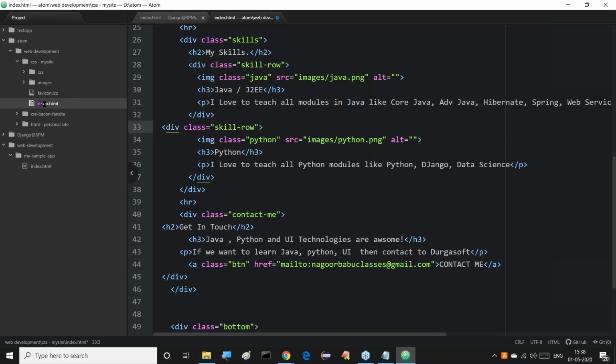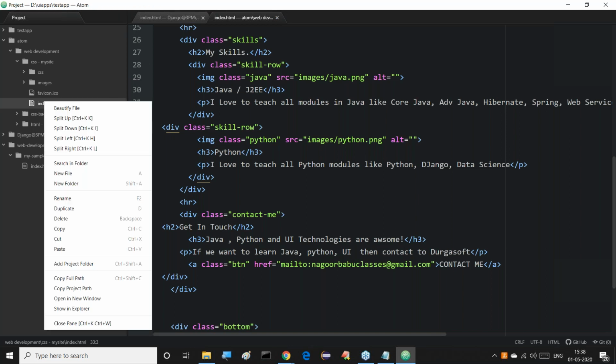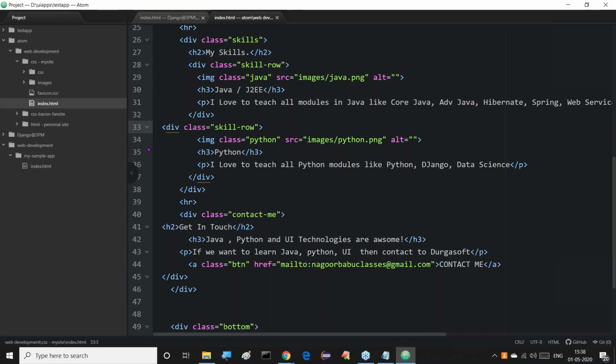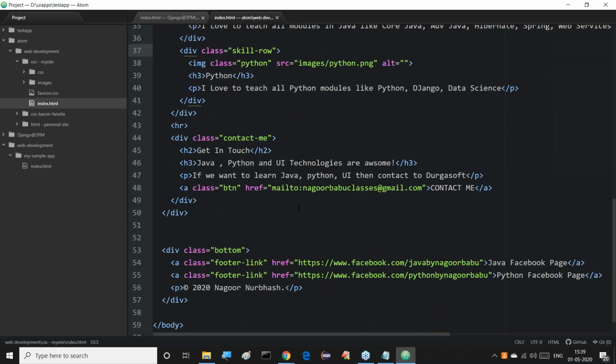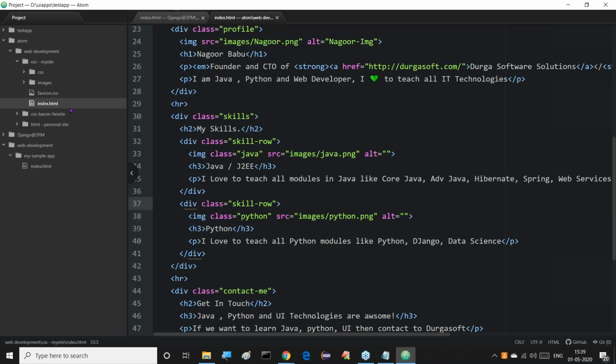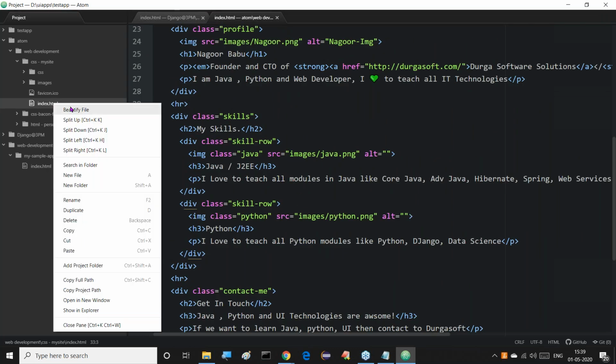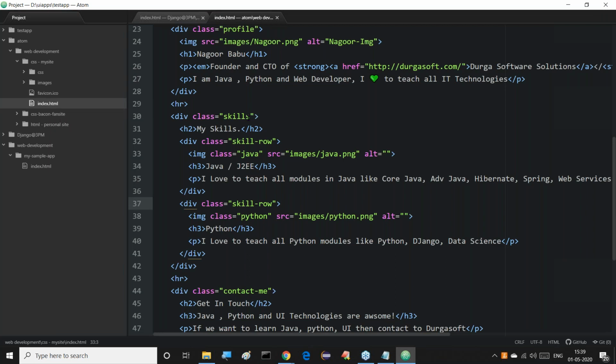Observe this clearly now. Whenever it is available like this and I want to beautify it, right click on it, beautify file. If you do that, automatically the total file will be beautified. Just observe this effect now. The total order we provided was in a different order, but here we are getting complete order. Right click on it, beautify file. Automatically after a second, the total file is going to be beautified. This is one thing. And the second one is like which one?